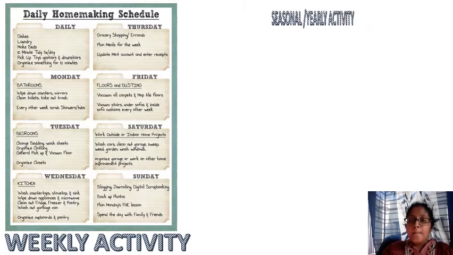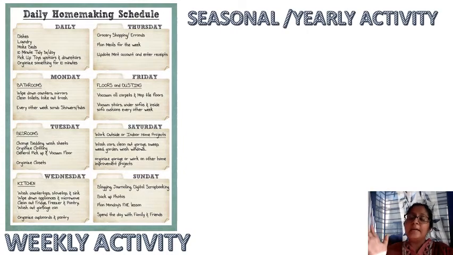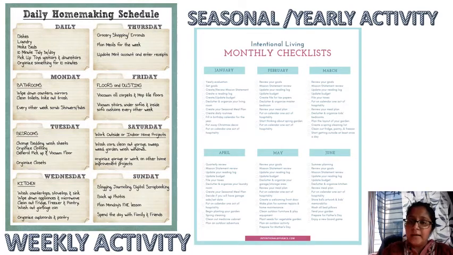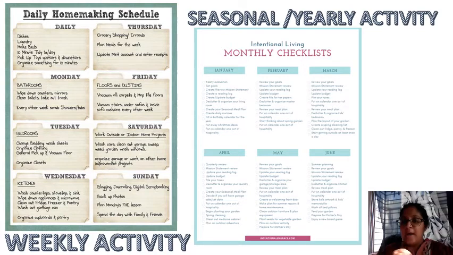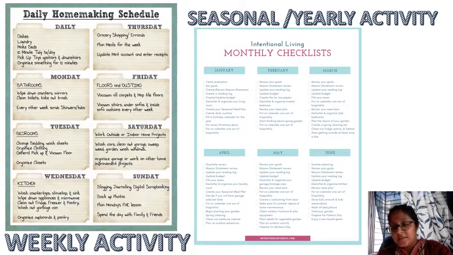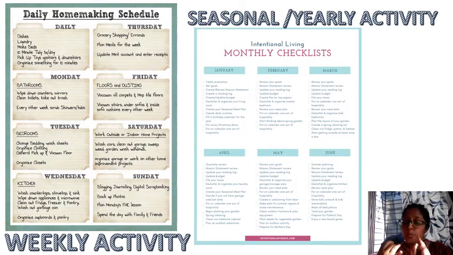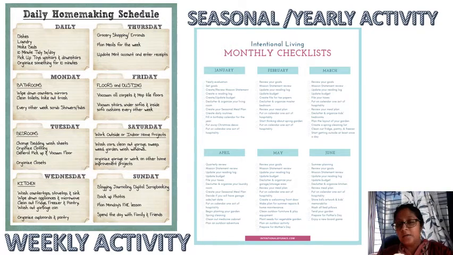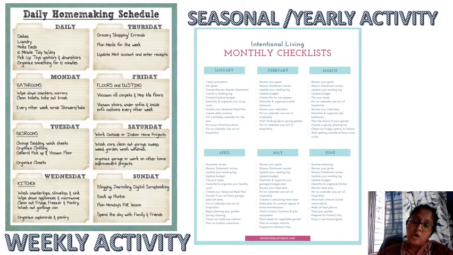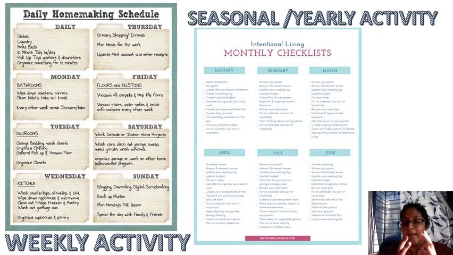Okay, and monthly activities can also be clubbed into yearly and seasonal activities, like some monthly checklist you can make, like in January what you have to do, in February what you have to do. In this way you can do some seasonal activities or some yearly activities. So daily activities that you have to do daily, weekly activities that can be done in a weekly manner, and seasonal or yearly activities. So with this we come to an end of the